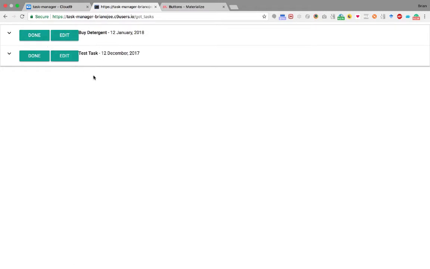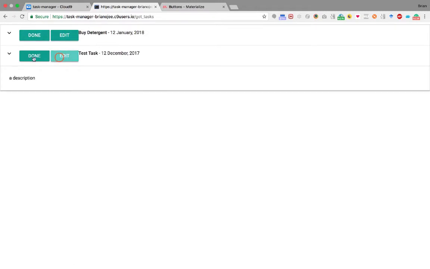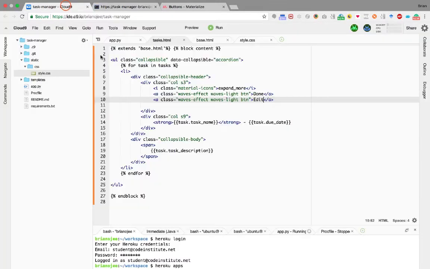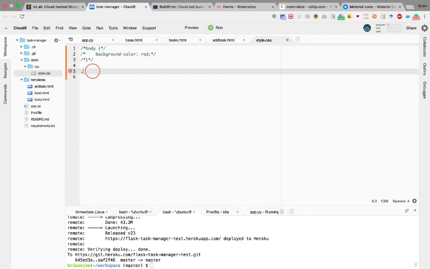And you can see there the buttons are quite bulky, and that's as small as they come out of the box unless we apply custom styles. And that's why we created our static directory with our styles in the last video, so we can make them more presentable. So let's now go to our style.css